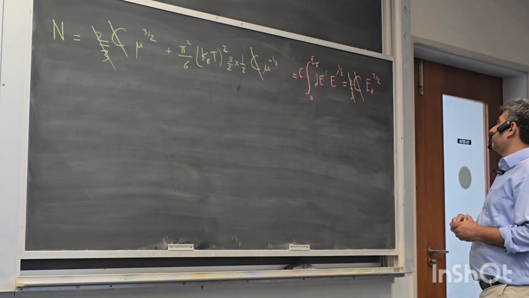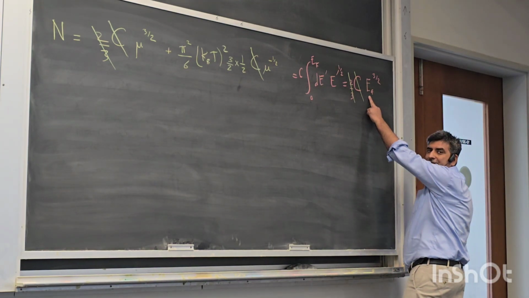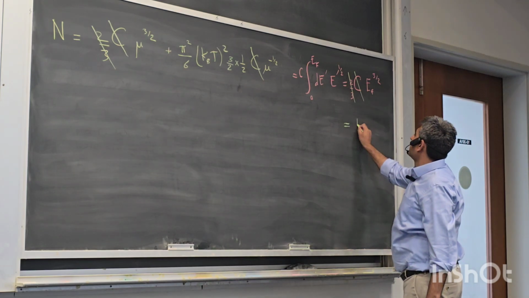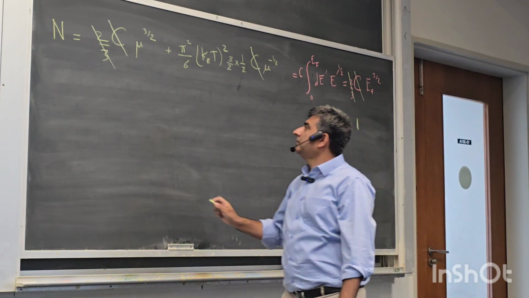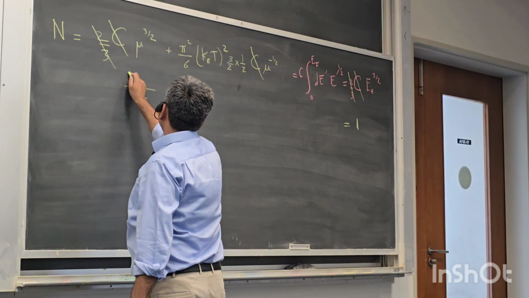And let me divide both sides by EF raised to the power 3 by 2. So I make this 1. This will become mu over EF to the 3 by 2